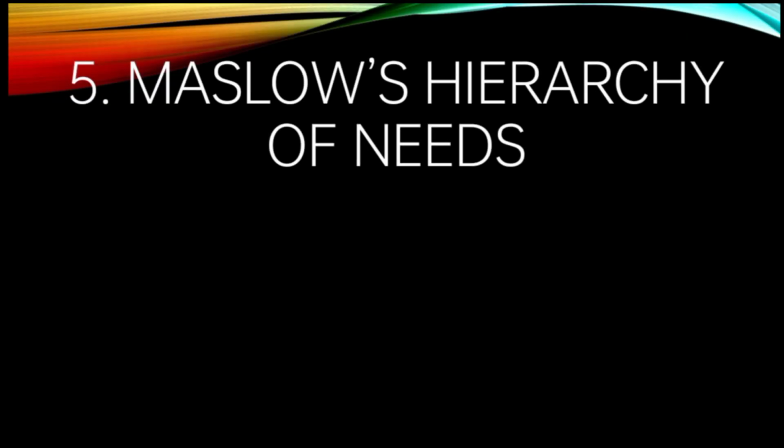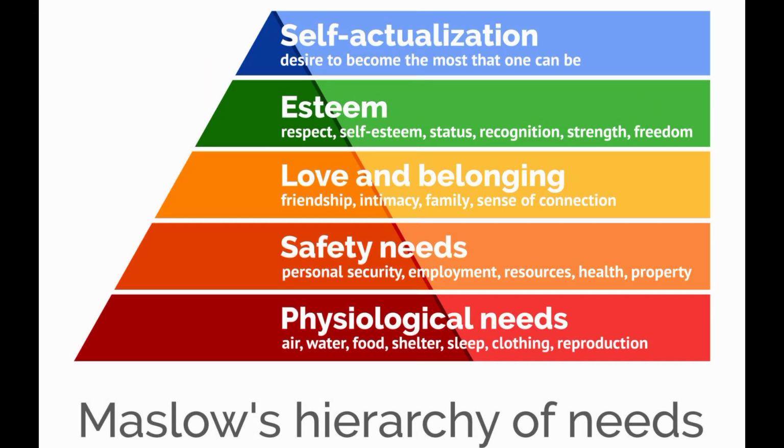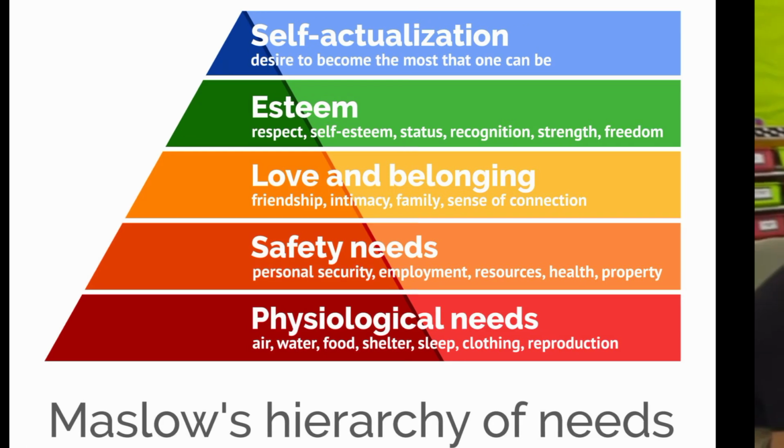Maslow's hierarchy of needs is a theory that explains what motivates people by organizing their needs into levels, from basic to more advanced. At the bottom are basic needs like food, water, air, and shelter, which are essential for survival. Next comes safety and security, which include feeling protected and financially stable. Once these needs are met, people can focus on higher needs.